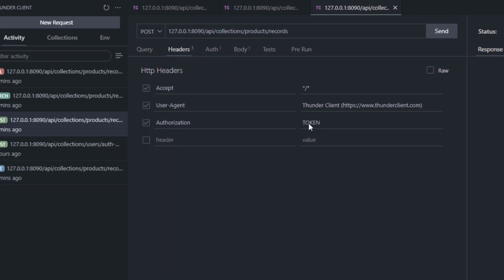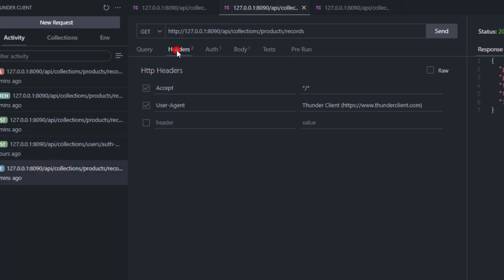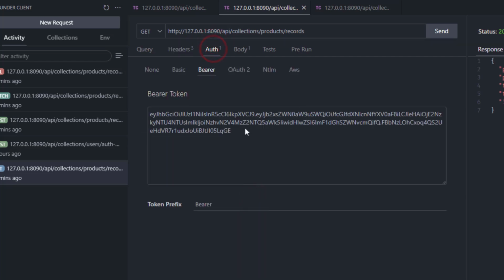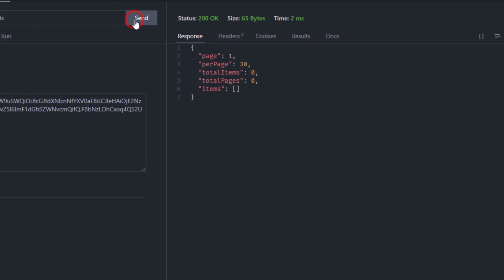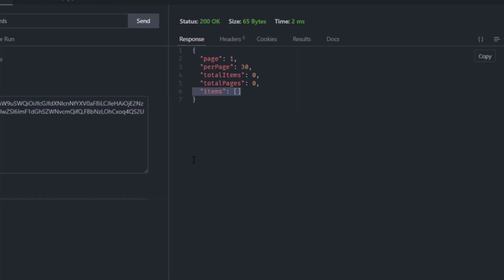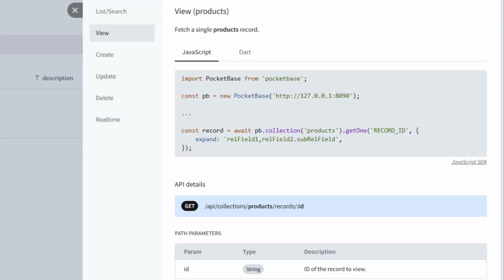So this is just a thing that we have to do. And get headers authorization here, and we have to set it token, and authorization is bearer token, and that's it. We can hit send. And as we don't have any items here in our application, we cannot see anything, but